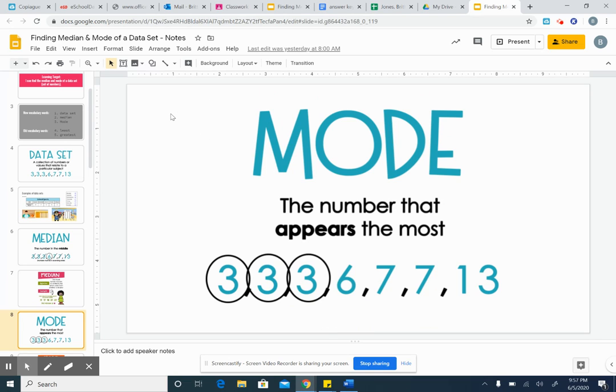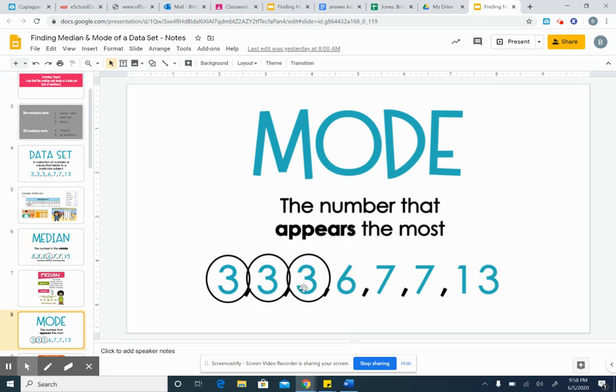Now we have the word mode. That just is the number that pops up the most number of times. So when I hear the word mode, I think of the word most. Mode, most. Okay, they sound alike as well. So in this example, we have 3 number 3s. Everything else, the 6 is just once, the 13 is just once. There are 2 number 7s,